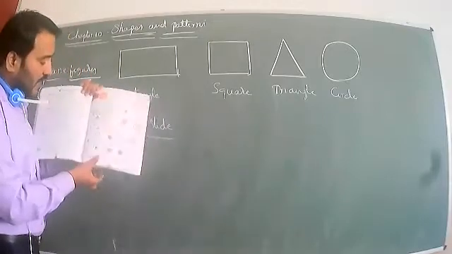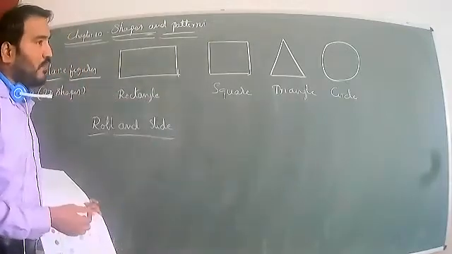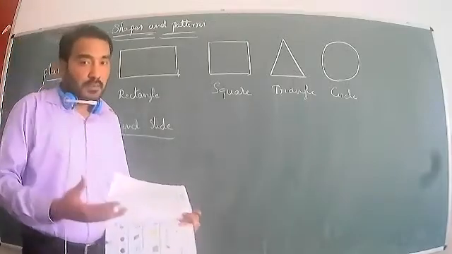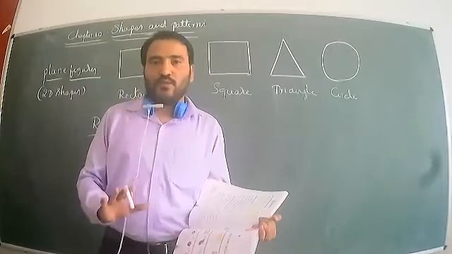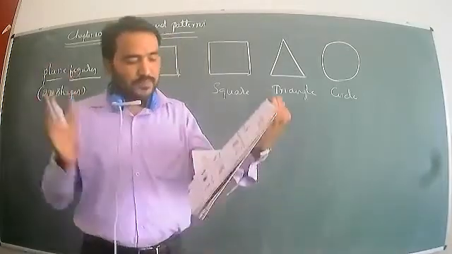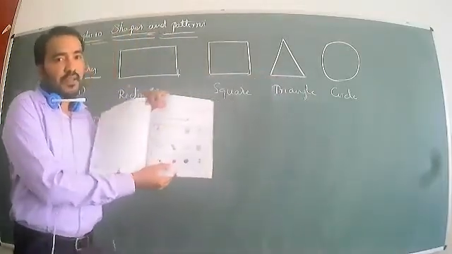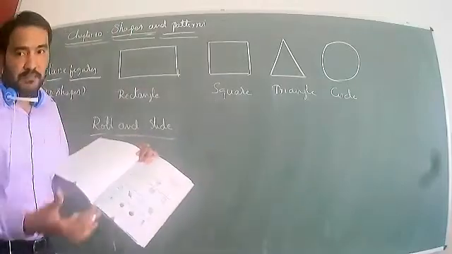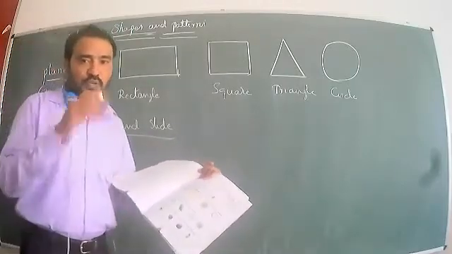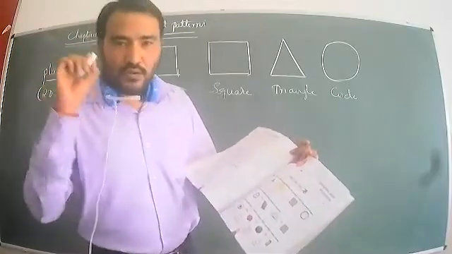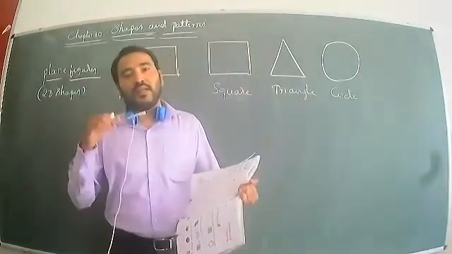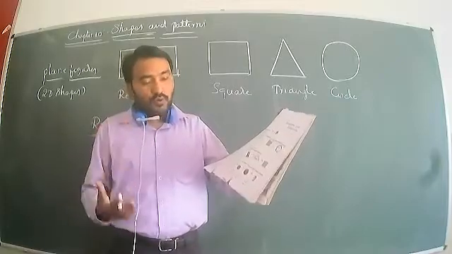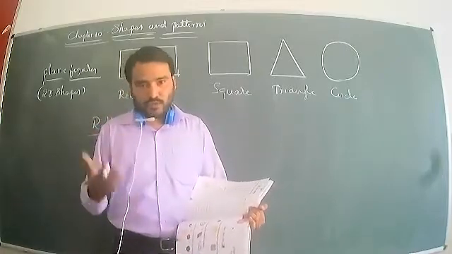Which ones slide, which ones roll. Can this be rolled? A ball can only roll, it cannot slide. We can make it roll only, we cannot do slide. Then it is a dice. It is a flat shape, it cannot roll, it can only slide. Then the coin, we can make it slide and roll, both.